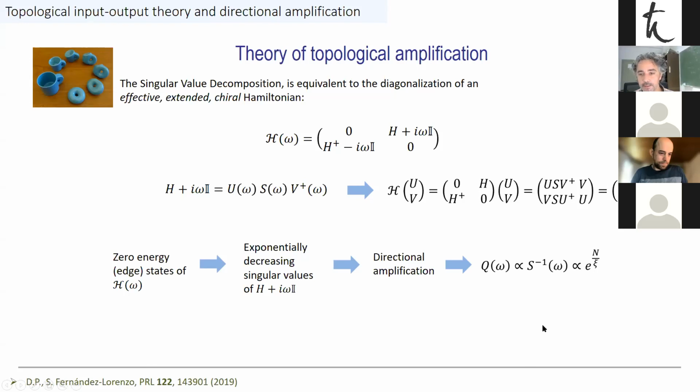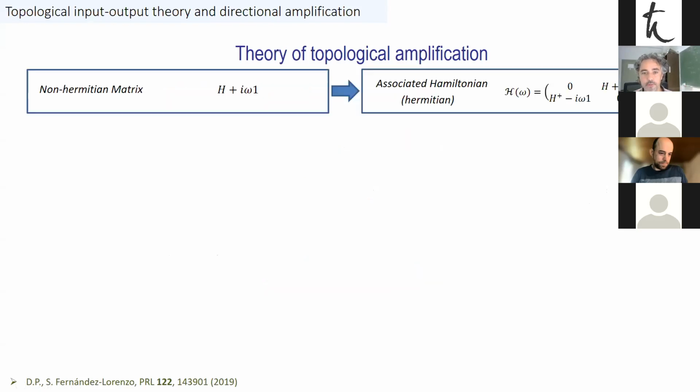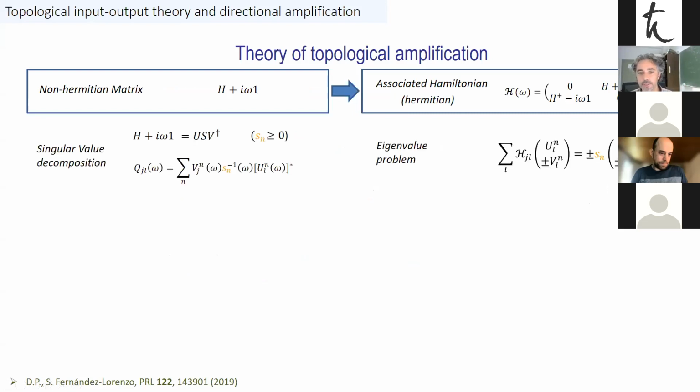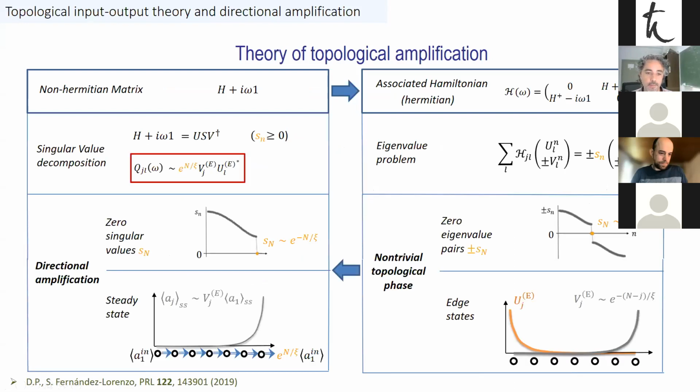So this is basically the basic idea over which one can build now a topological theory of directional amplification. Whenever you have a non-Hermitian coupling matrix, you have to build your effective Hamiltonian, and you can be sure that amplification is going to be given by the zero energy states of this enlarged Hamiltonian. And this means also that zero singular values are going to be related to zero eigenstates of the effective Hamiltonian,